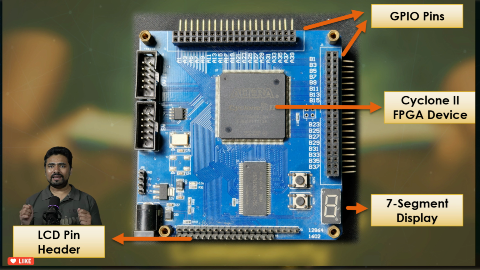We will make extensive use of Intel Quartus software in this course. We will use it to create and compile our FPGA projects as well as perform the pin assignments. Pin assignment is the process of mapping ports in our VHDL code to the physical pins of the FPGA device. This step is crucial for ensuring that our designs function correctly on the actual hardware. I will walk you through how to perform this in this course.